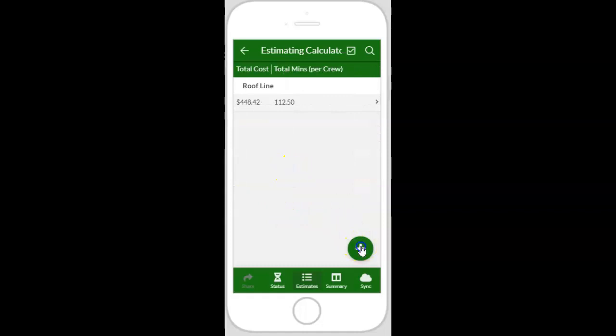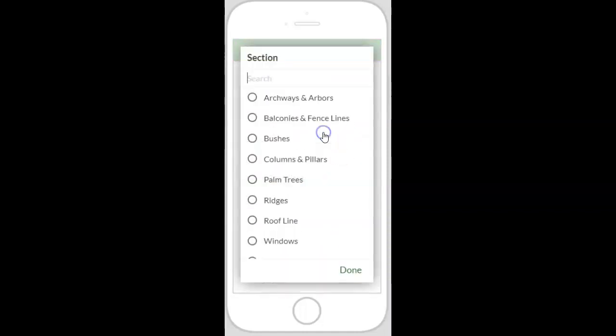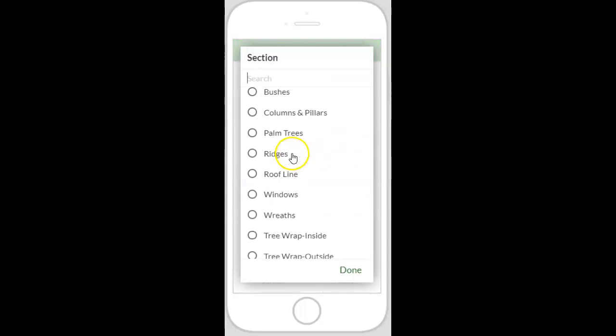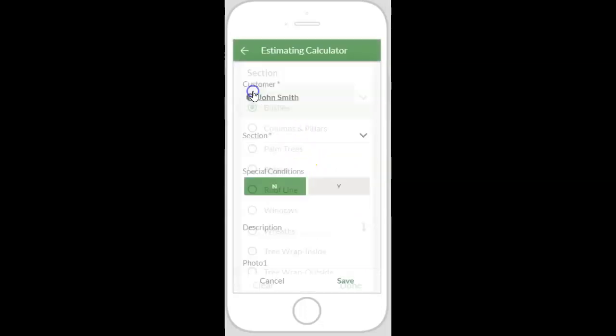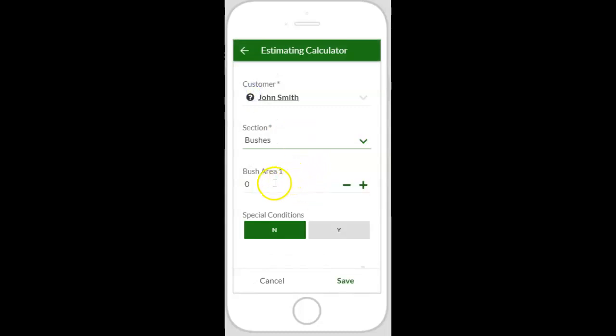We're going to add another section. Go to John Smith. I'm going to click here and let's go ahead and do some bushes on here. Talk about bushes because there's several questions about bushes and how that works. So the bushes in a training, what we do is we teach you to measure the surface area of all